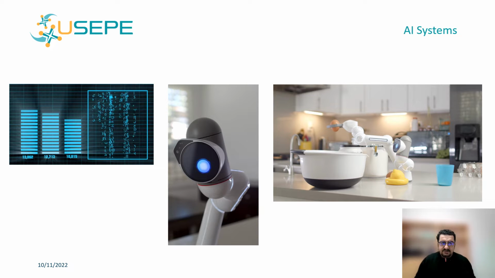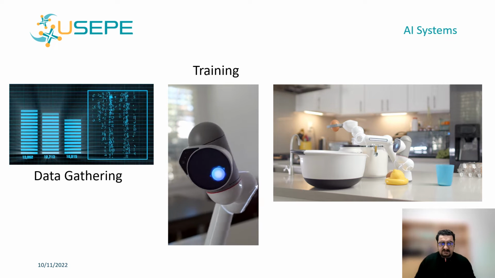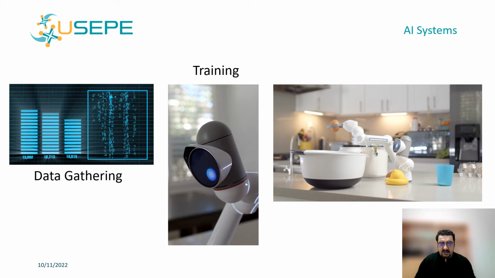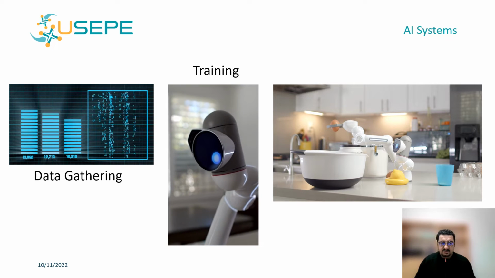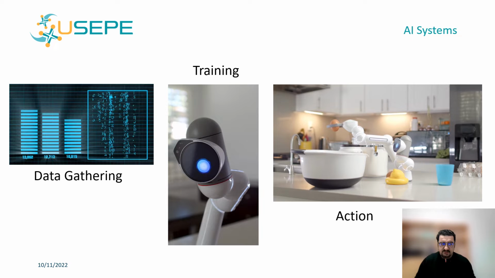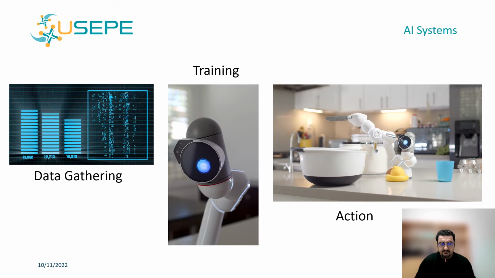There are various phases of AI systems. Here I summarized it in 3 phases. First phase is data gathering. Data gathering could be stored data or can be collected by sensors in real time. Gathered datasets are used to train an AI agent or machine learning model so it understands the system and offers possible solutions. In the third phase, the system initiates an action or series of actions.